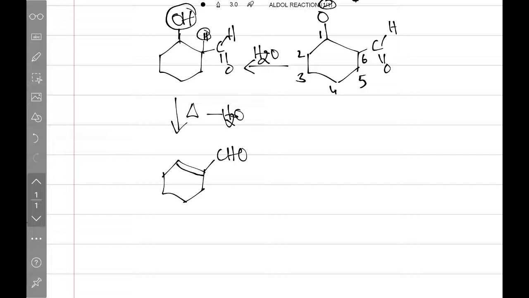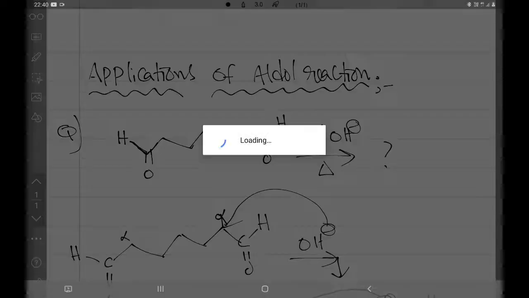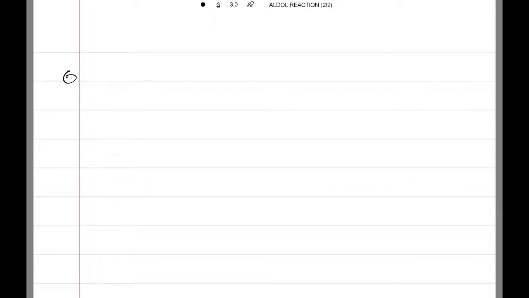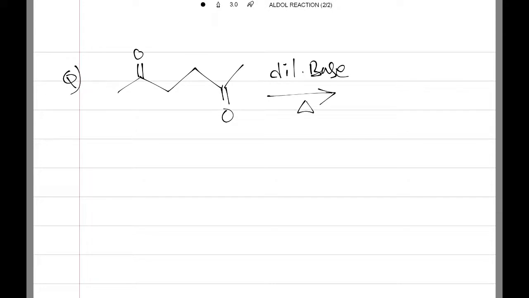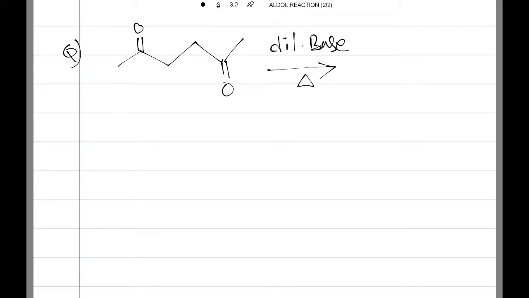So this is one of our questions, very very important from the point of view of the JEE as well as NEET exam. Next one I am taking, very easy. This is also an intramolecular type aldol reaction. So this is the one. This side it is having double bond O, this side also it is having double bond O. If this undergoes the aldol reaction with the dilute base and a small amount of heating, what is our product here?